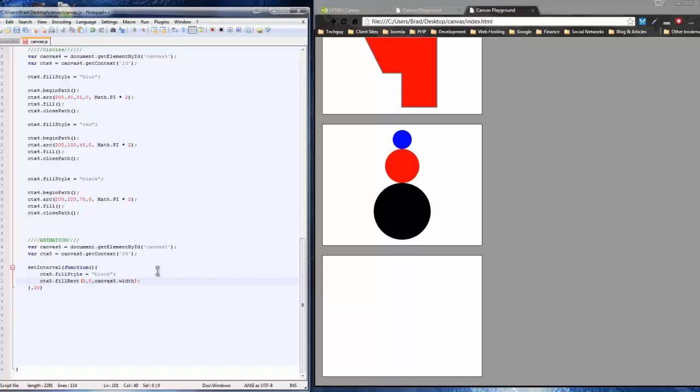So it's going to be whatever the width of this canvas is. And then the next parameter, which would be the height, we're going to do canvas.height. So this rectangle we're building is going to start here at 0, 0, and it's going to be the entire width and the entire height. Okay,